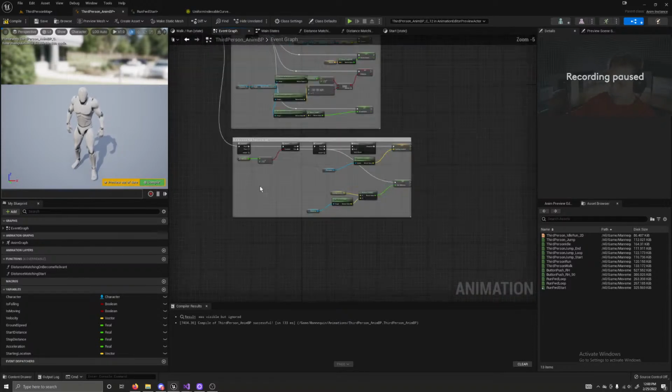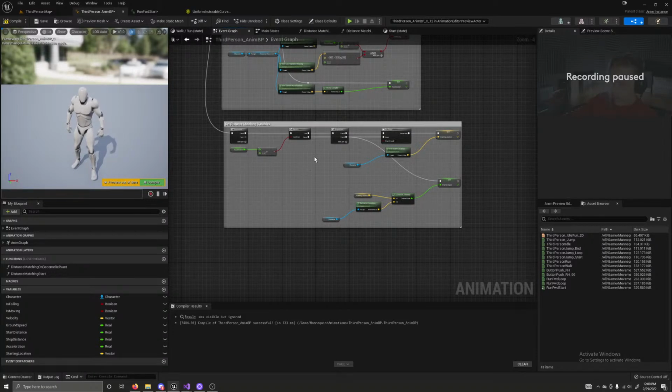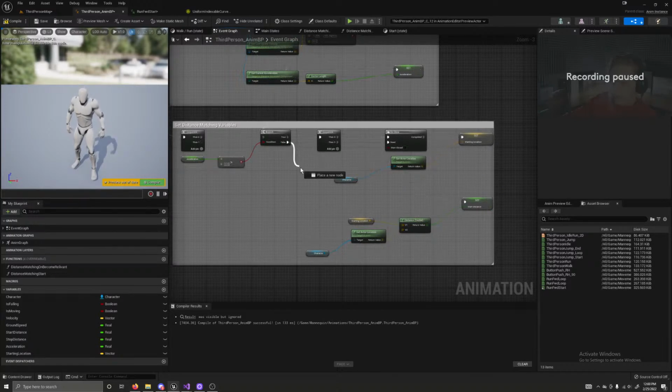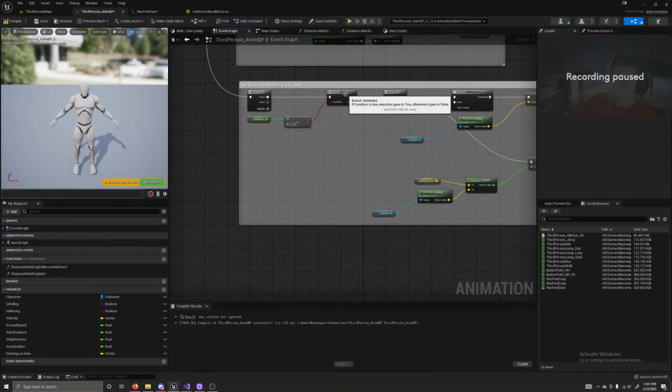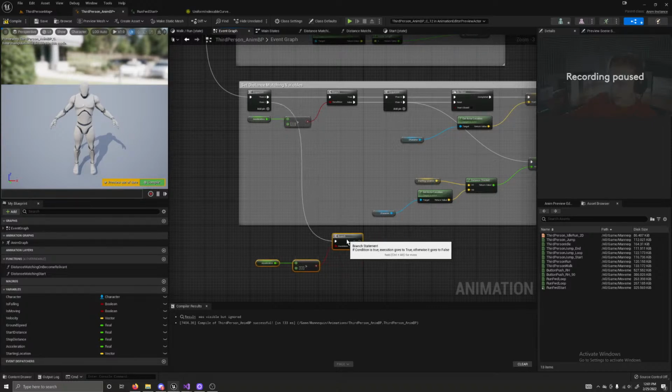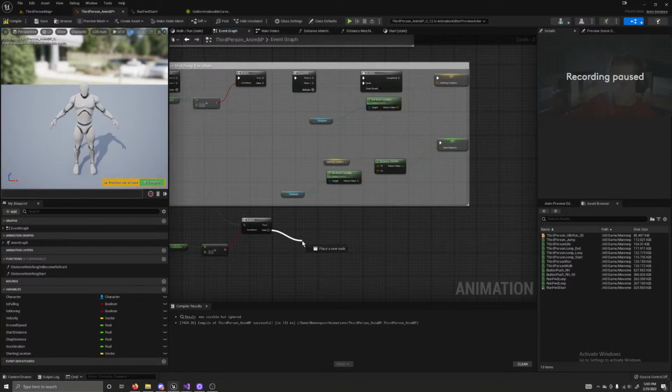So now off of this false on this branch, I'm actually going to make this a sequence. You know what? No. Keep things tidy. I'm just going to duplicate this branch down here. I'll extend this comment down when I'm done. But this time, if this is false, if it is less than 0, so if I've taken my finger off the W key, or if I don't have that input,